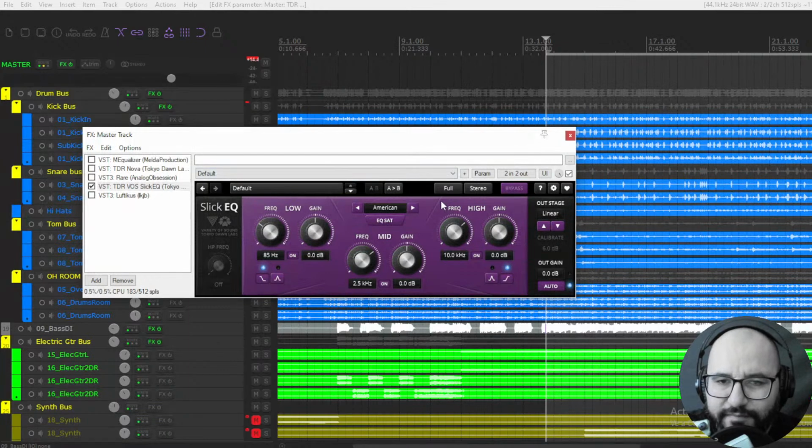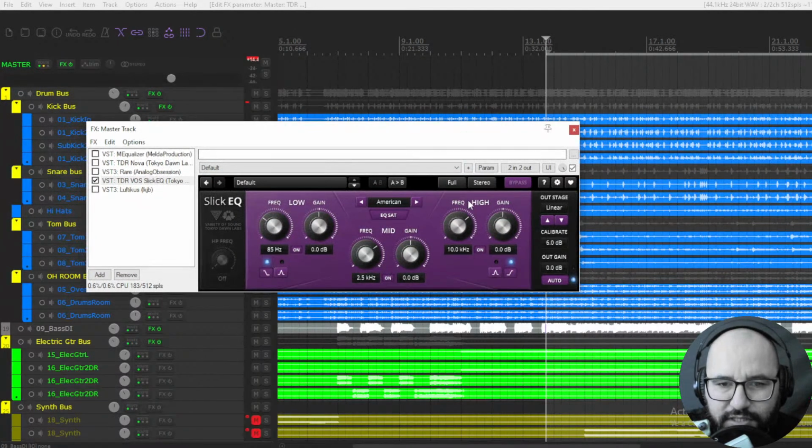And also the EQ curves are very, very musical, but you can change the algorithm and the curves depending on 4 different types of algorithms: American, British, German, and Soviet, right? And you can also activate some analog coloration, saturation, with different modes as well, like linear, silky, mellow, deep, and funky. Very musical, super cool equalizer. I recommend you check it out.